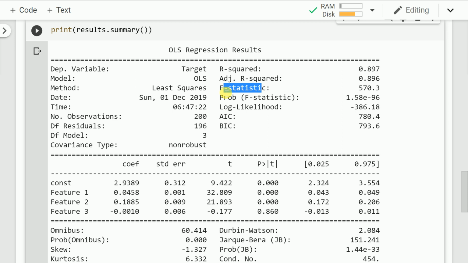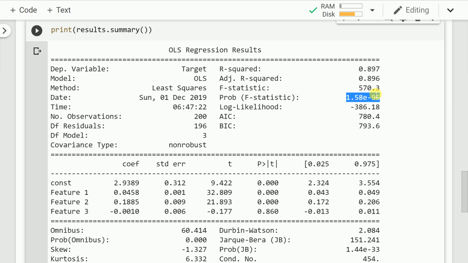The null hypothesis in the case of the F statistic is that these two models are equal. And the alternate hypothesis is that the intercept only model is worse than our model. We will get back a p-value as well as a statistic value that will help you choose whether to reject or accept the null hypothesis. Given this p-value is close to 0 and the F statistic value is really large, we can reject the null hypothesis.